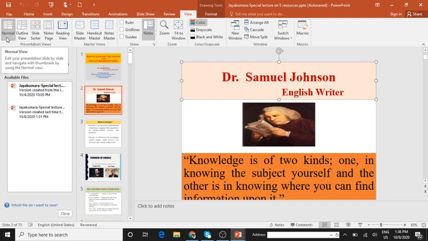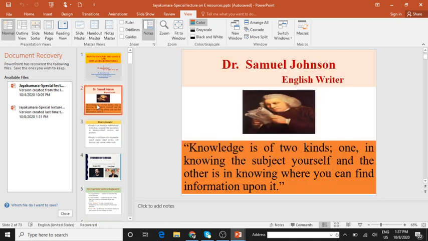The first one is normal. This is the default view. It displays 3 panes that show the outline, the slide and an area into which you can enter speaker's notes. There's a saying over here: knowledge is of 2 kinds. One is knowing the subject yourself and the other is knowing where you can find information on it.